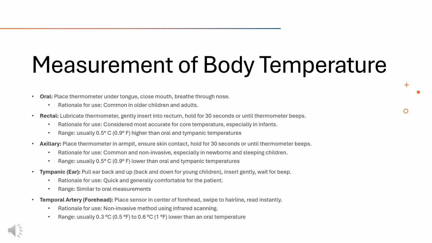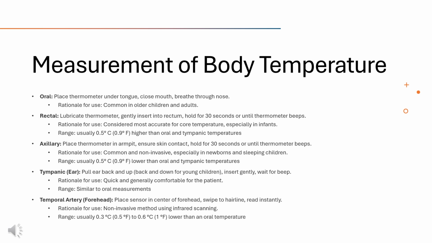Be mindful of factors that could influence readings, such as recent consumption of hot or cold beverages, heavy mouth breathing, smoking. All of these can affect an oral temperature. If the patient is sweating, you may not want to do a temporal artery. It can really throw that off. Mastering the art of measuring body temperature at these various sites will significantly boost your ability to assess and monitor